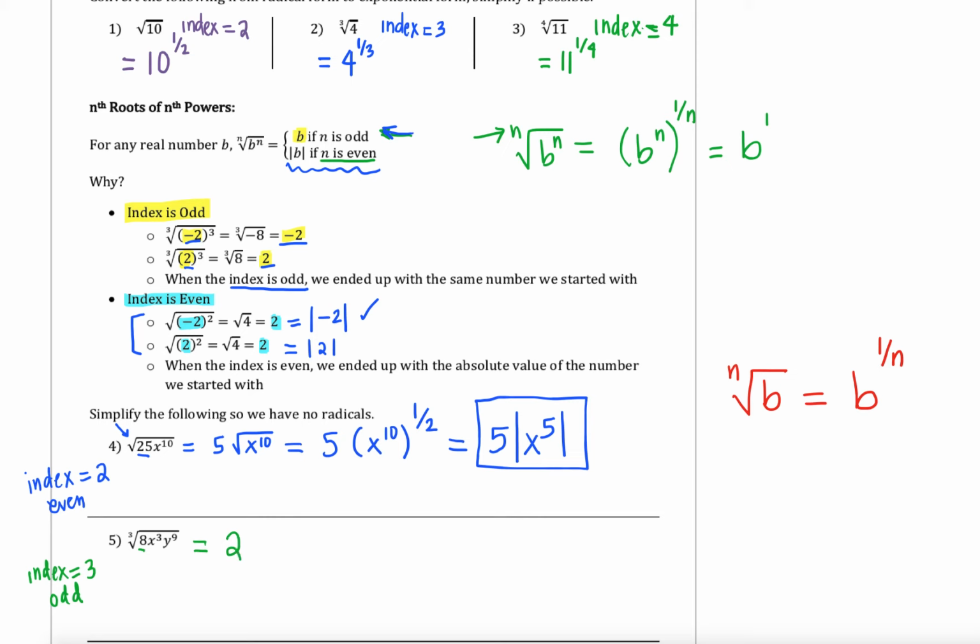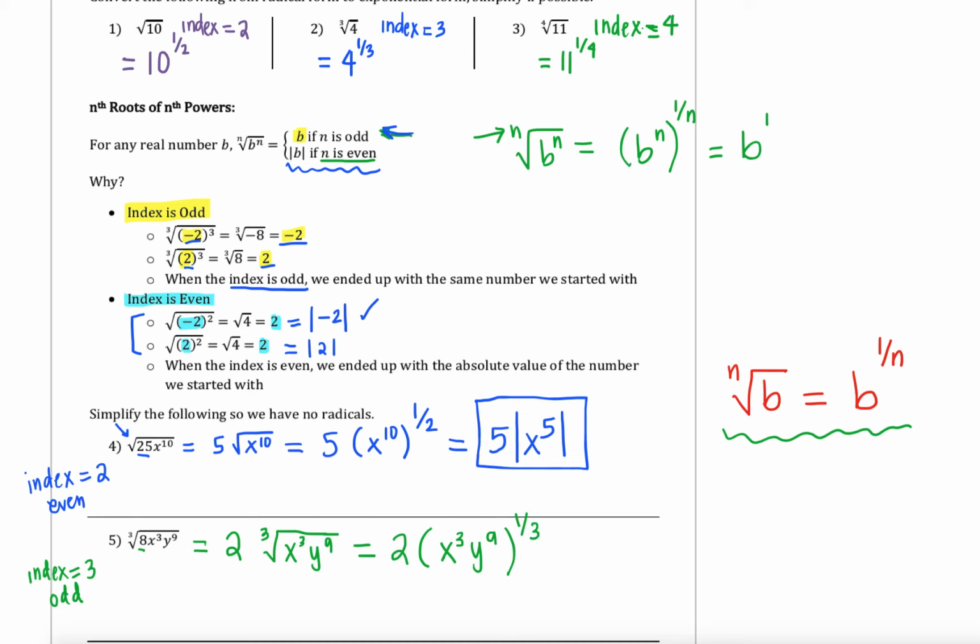So we can pull that 2 out, and I'll get 2 times the cubed root of x cubed y to the 9th power. From here, we're going to apply that definition of going from radical to exponential form. So I can rewrite that cubed root as the 1/3 power. The 2 will stay in front of it since it's not inside as part of the radicand. But x cubed y to the 9th is all inside my radical, so all of that will be raised to